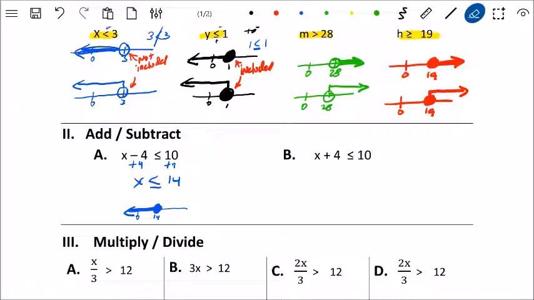Then on the other one here, this first one, we had to add the 4 to both sides because we were, let's get,